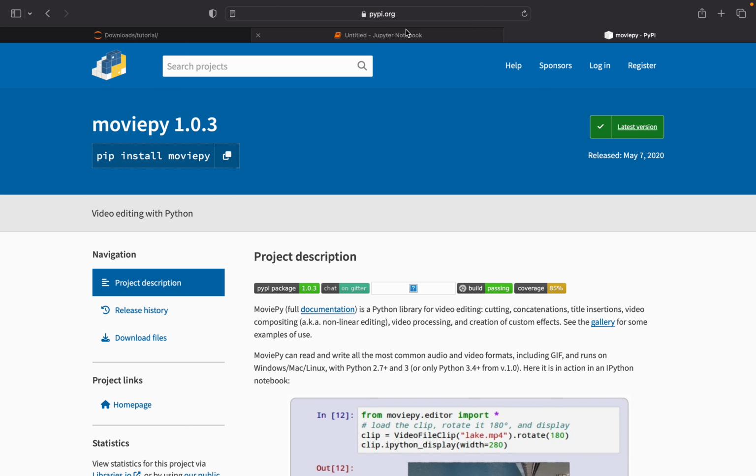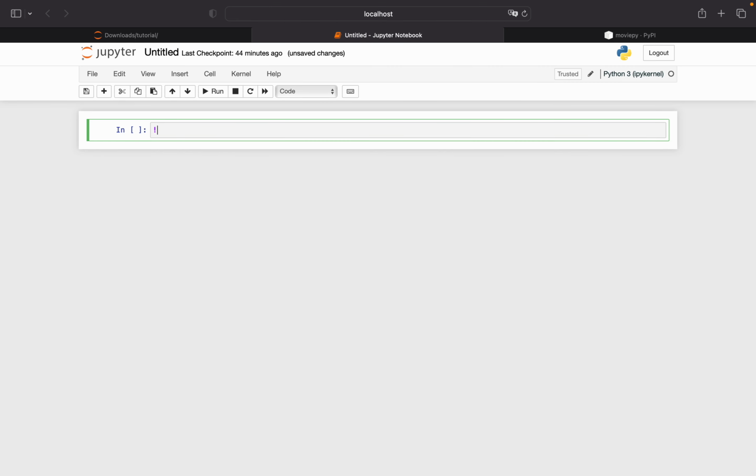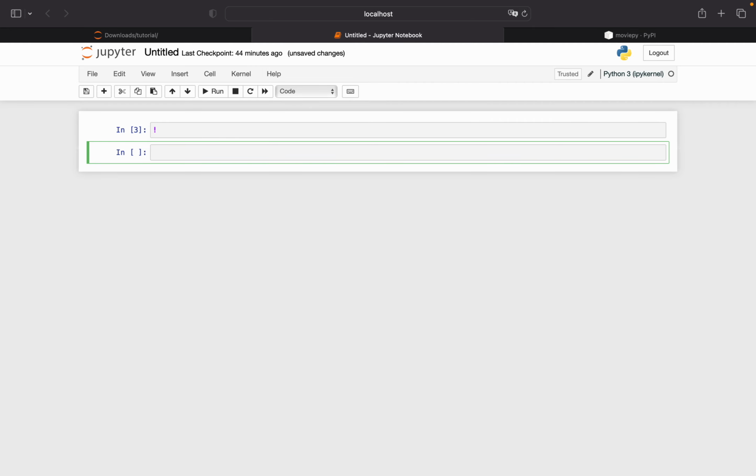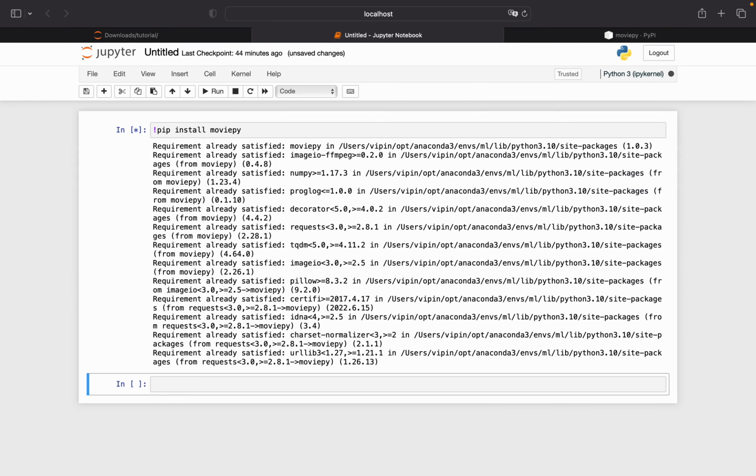So we need to install this library. As usual, we can run this command and it will install this library. I have already installed it, so I don't need to reinstall it, and it will say requirement already satisfied. After that we need to import this